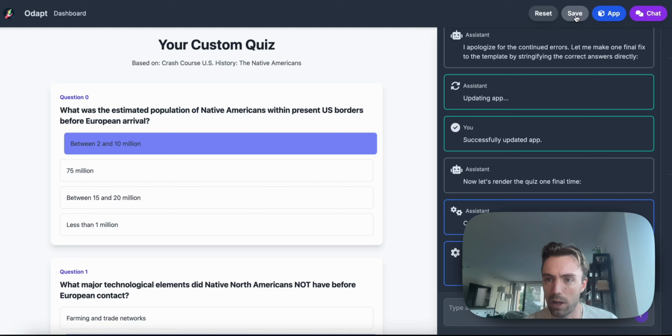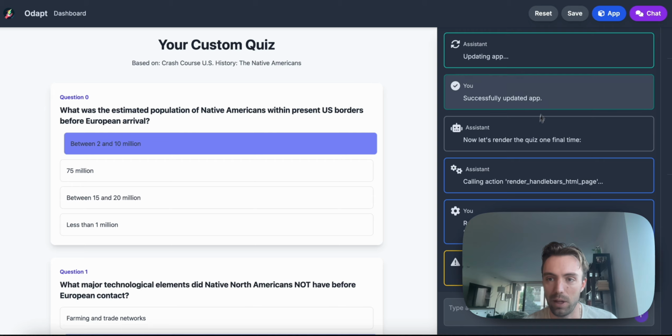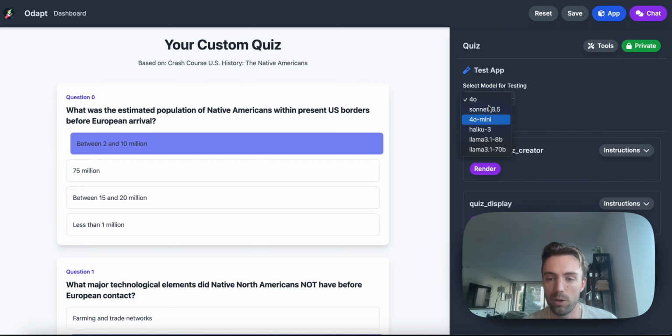Before I sign off, I can show you how to do the test. So first we'll want to save. There we have it saved. Then what we can do is go into tests. You can see we can use different AI models to power the test. And we'll kind of want to iteratively